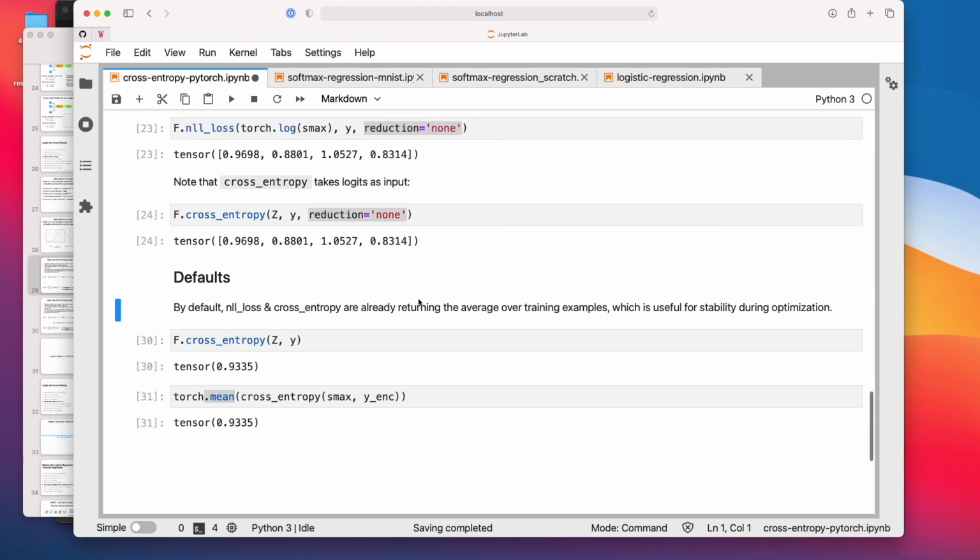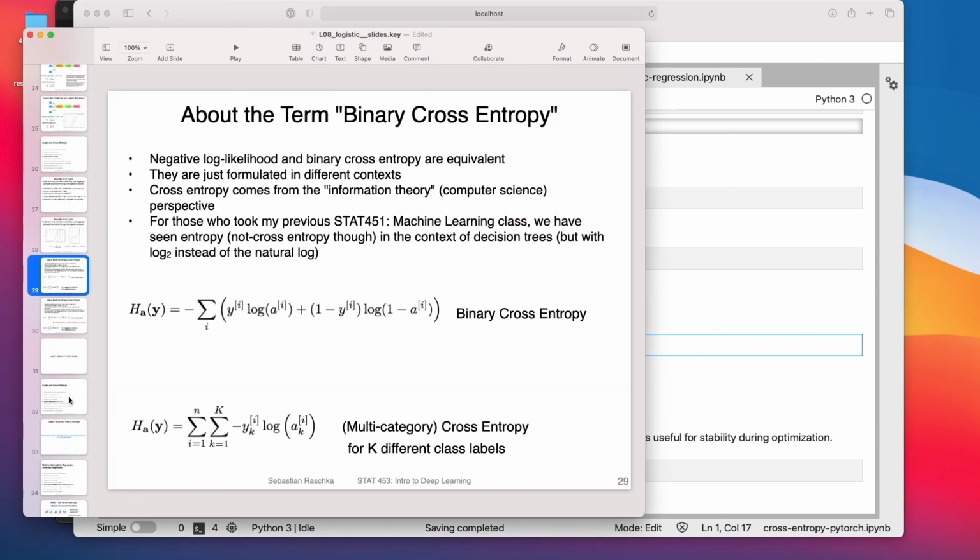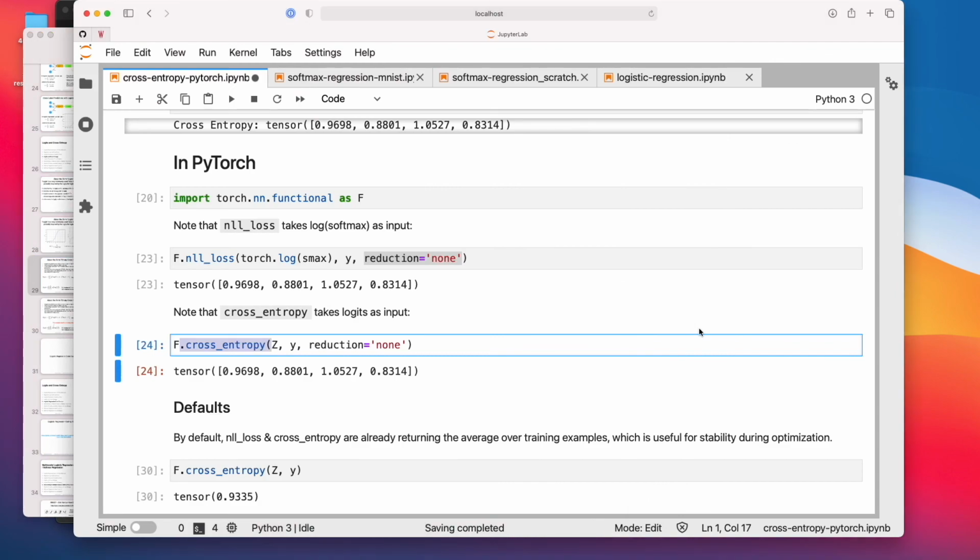All right, so this is a code example of how all these types of losses in PyTorch work. I recommend you just play around with that. When we implement the softmax regression in a later video, I will use this function. And also when we later use multi-layer perceptrons and convolutional networks, we will be using this function. All right, so in the next video, I will go over how we compute the gradients for softmax regression.